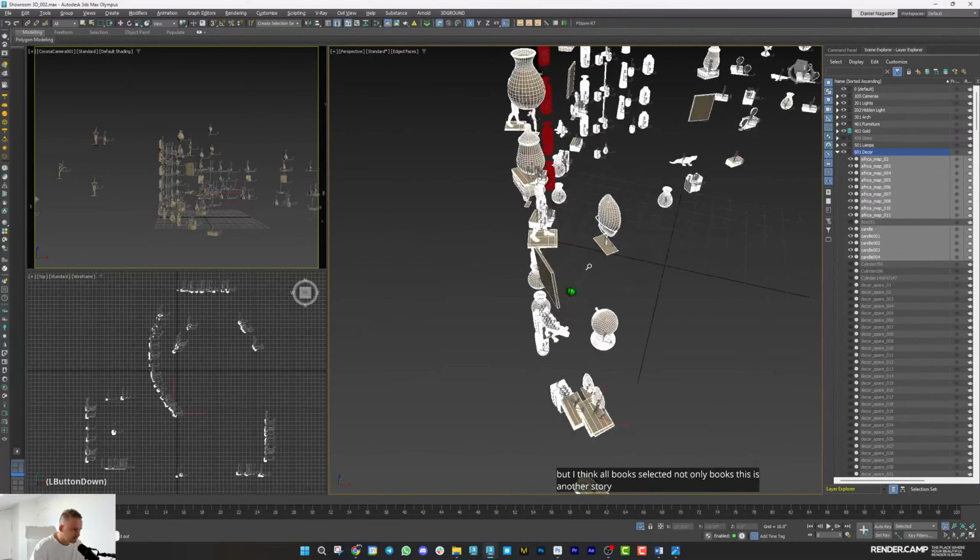Oh, here we have some books. I'll stop the render. And I'll select this part of geometry and I'll color these books white. That's not so necessary to make it exactly white, but